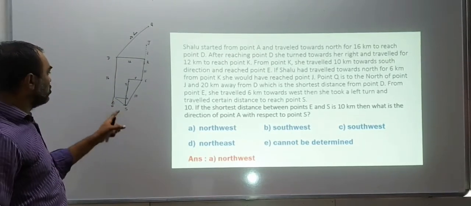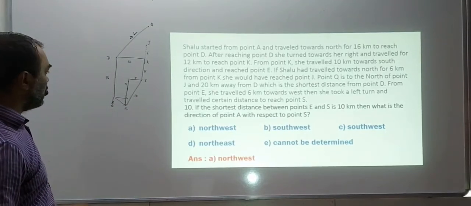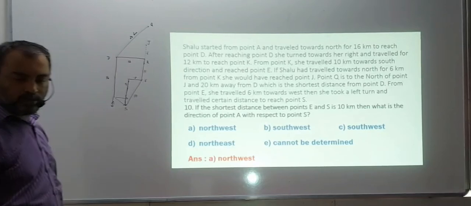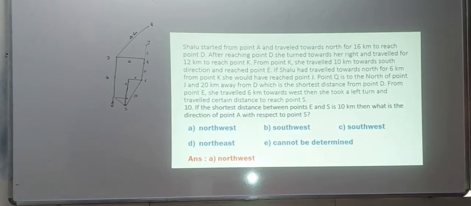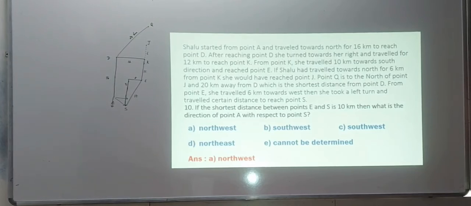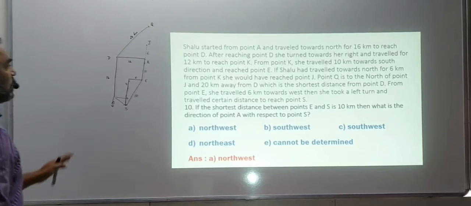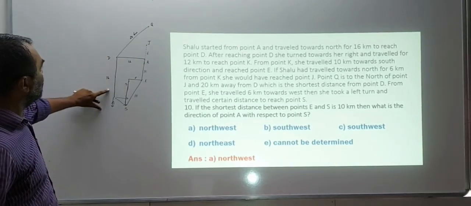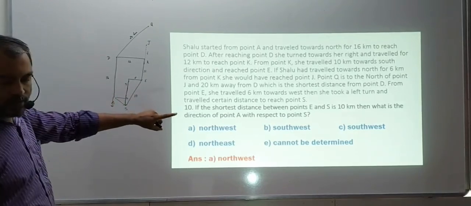So northwest is not the answer, right? The answer has to be southeast. So I guess there is a mistake here. Or it is a mistake in my figure, I don't know. But still, you will have to verify it. The answer stands at southeast. Okay, southeast is the answer. Northwest is not the answer. Southeast is the answer. So this is the correct figure, I guess. And we have the answer.